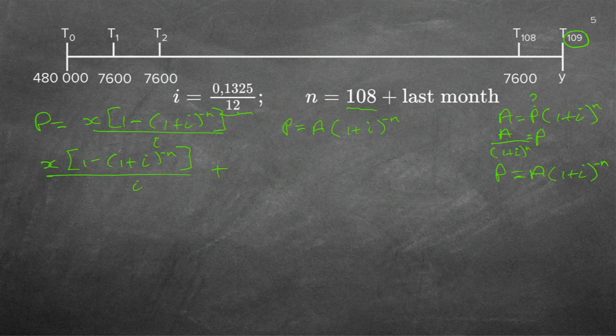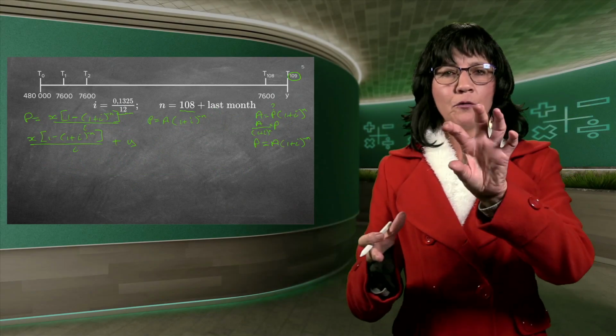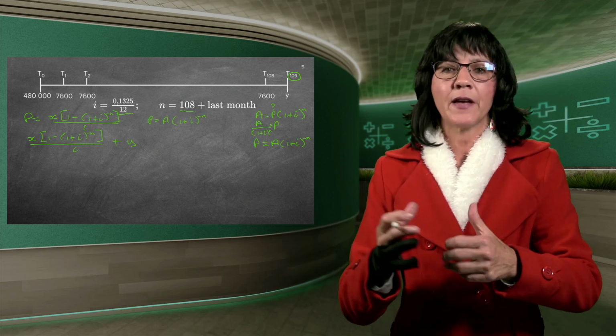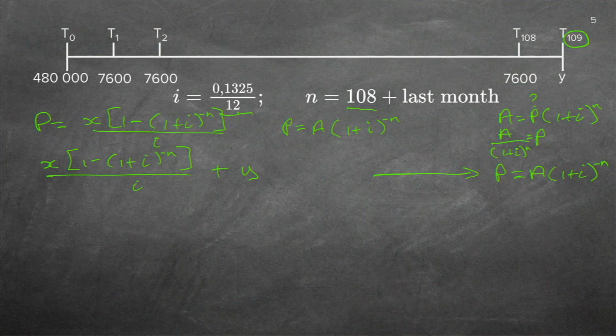Plus, and because it's only one small amount that I need to pay back the last month, I'm not going to use that capital letter A. I'm going to use a Y. You remember X and Y are normally the two unknowns we use. X is my normal monthly payment, but for the last month it's going to be a little less. It's always a little less, and that's why we rather use a small letter. But I just wanted to show you, so I'm just going to make an arrow there. I just wanted to show you where it's coming from so that you know why I'm now writing 1 plus i to the power of minus n.